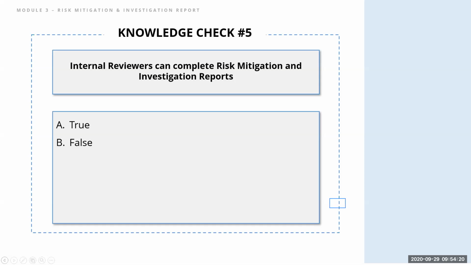All right, so we're going to end polling and bring up our answer and share our results. Again, the correct answer is true. Y'all are doing a great job on these polling questions today. So the correct answer is true. Internal reviewers can complete the risk mitigation and investigation report. Great job, everyone. So we'll stop sharing results and we'll bring up our next polling question,